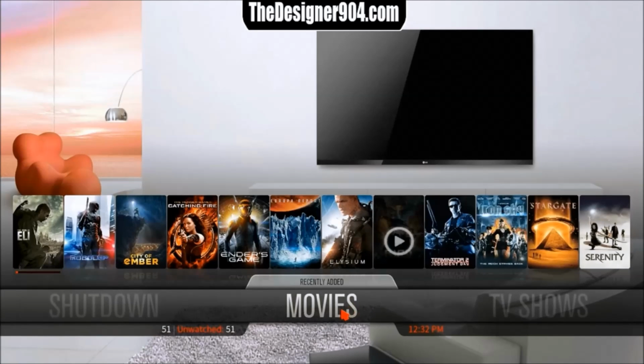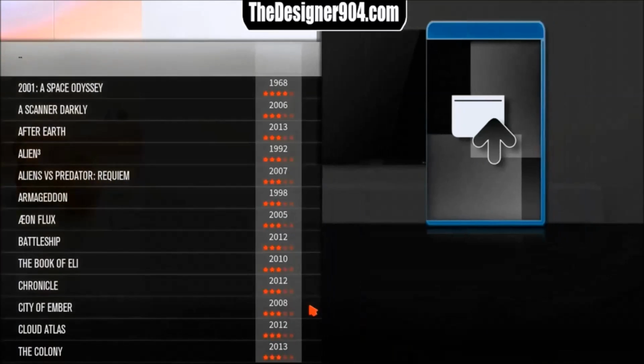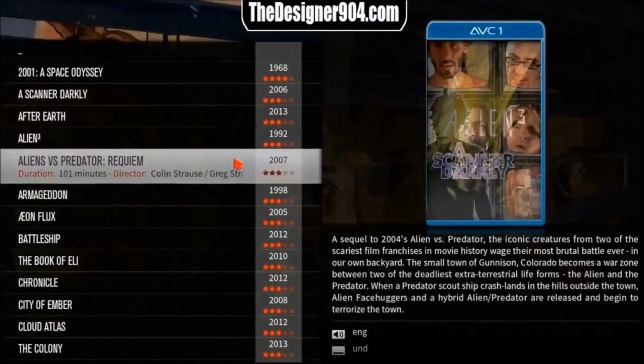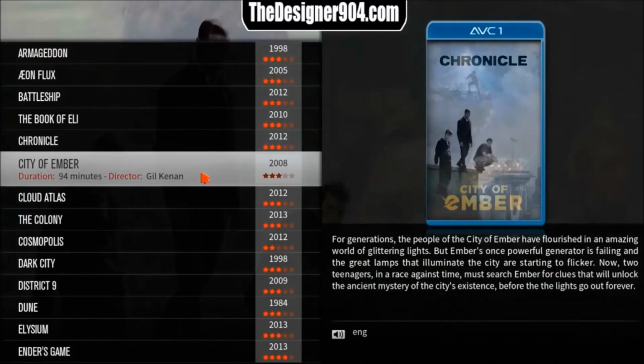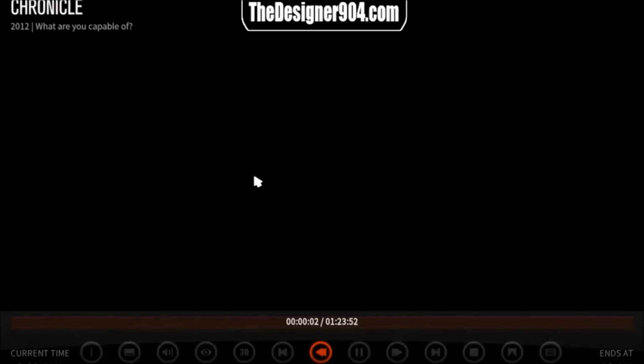This isn't the primary skin that XBMC uses, and it looks really nice, you know, and it automatically downloads cover art, descriptions, screenshots, stuff like that. But you can see here, this does work fairly well, right? It's got the cover art, it's got the fan art in the background. Let's say I click on this, it starts playing,